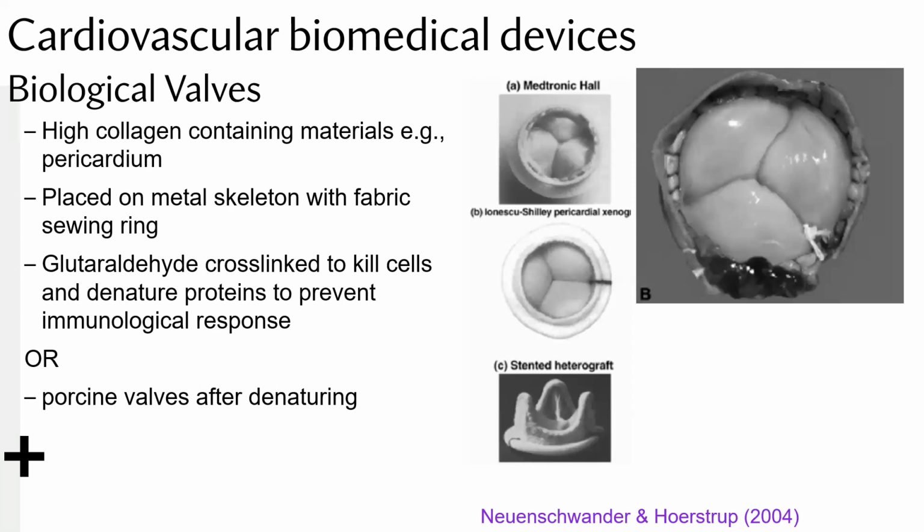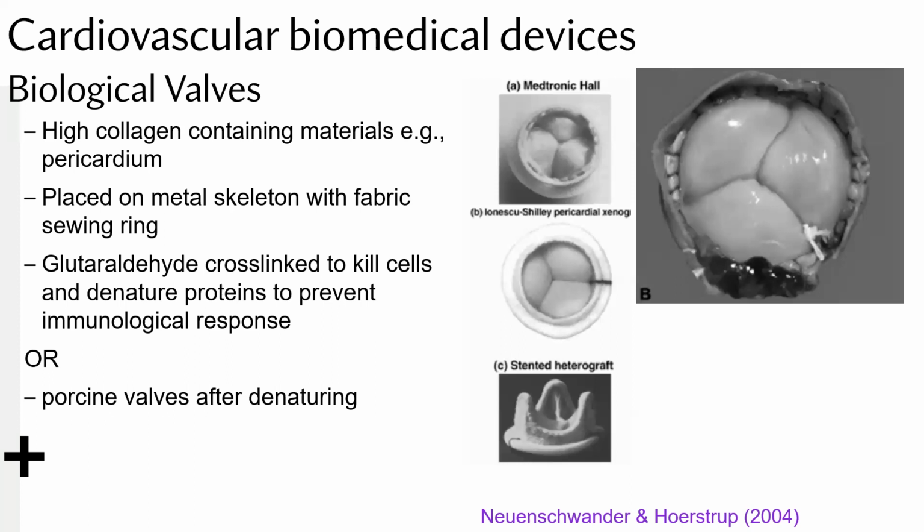And basically, they're usually produced by extracting the material in the tissue lining of an animal's heart, or sometimes they're extracted from, again, the pericardium. And then in some cases, it's actually the exact valve in an animal's heart, which we extract, like usually from porcine